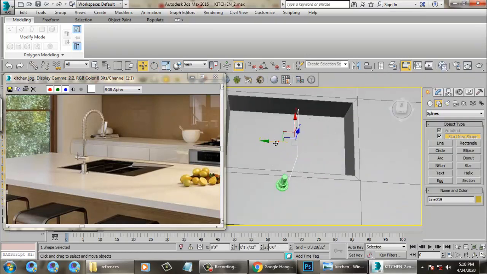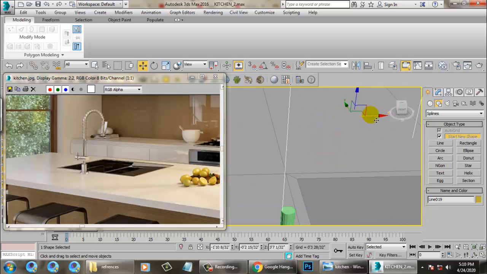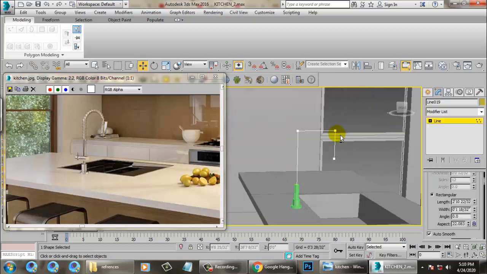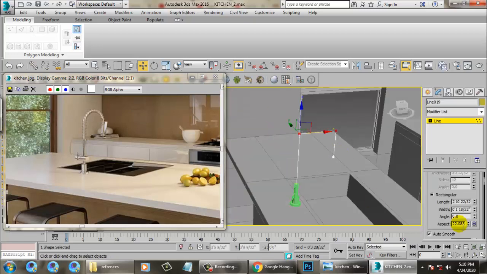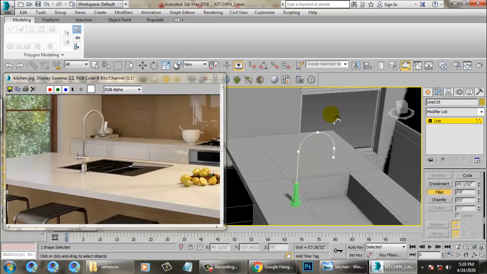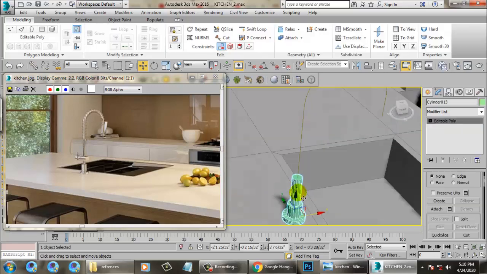Once you have adjusted this in this way, let's select both and use a bit of fillet.